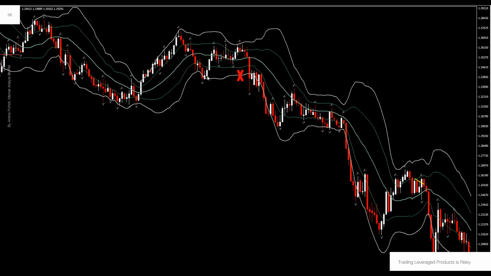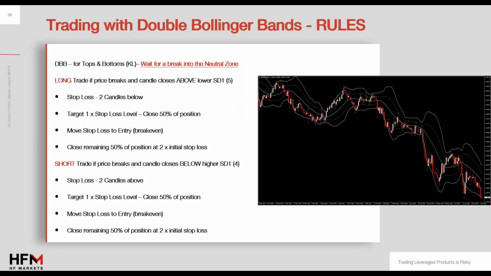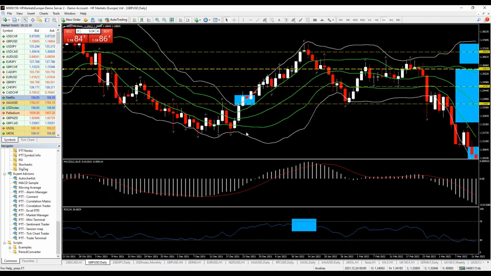There are cases in which, if you see a candle that from being at the top breaks the first standard deviation and breaks the, how do we call it,